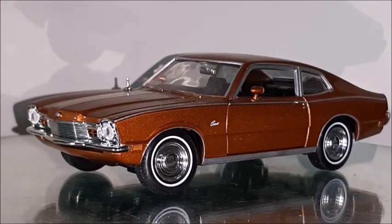Hi there, this is Diecast channel, and in this video I'm going to do a review on this 1971 Mercury Comet. This is made in 1:24 scale by Motor Max. It has a pretty good quality as a budget model, so stay with me to the end of this video